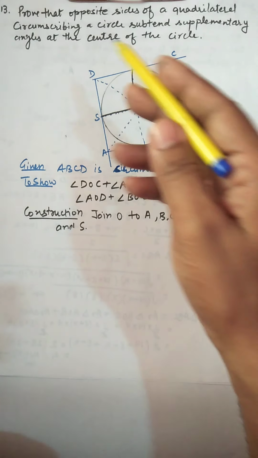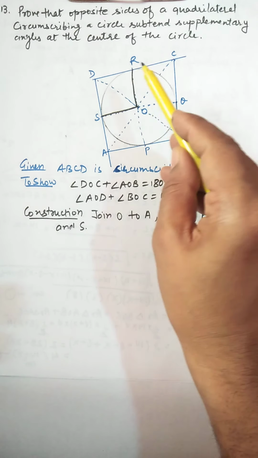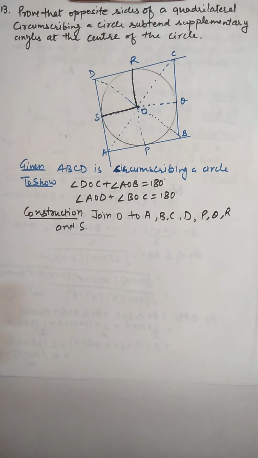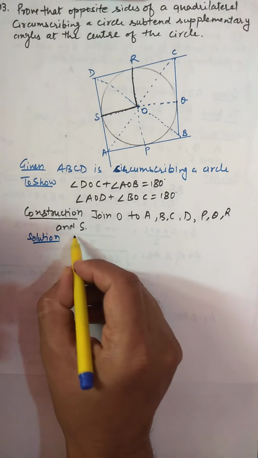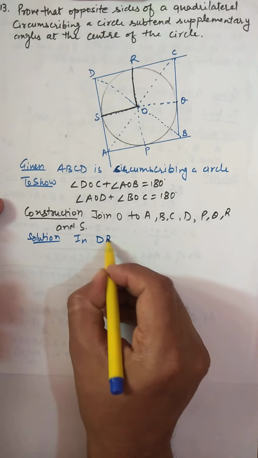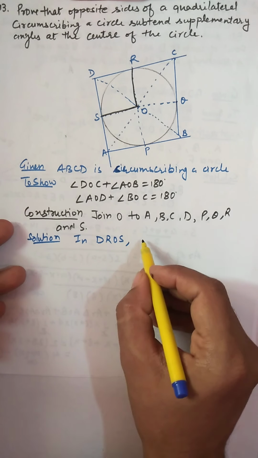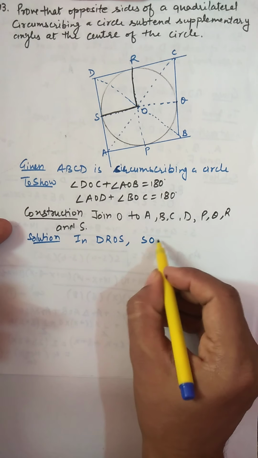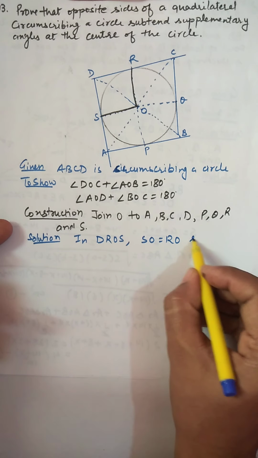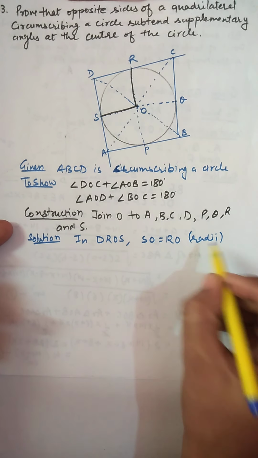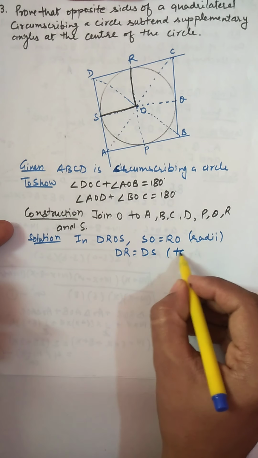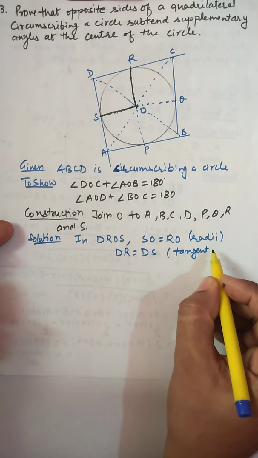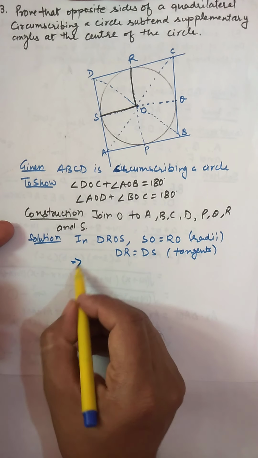Okay, so now come to this quadrilateral DROS. So we write the proof in the solution in DROS. You can see that SO equal to RO, they are the radii of the circle, so they will be equal. Similarly DR equal to DS, tangents, so both tangents will be equal. So it implies that